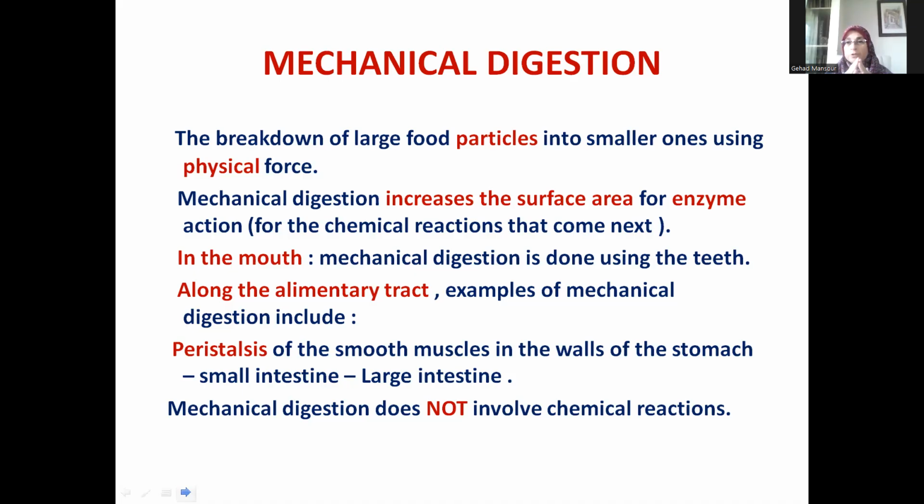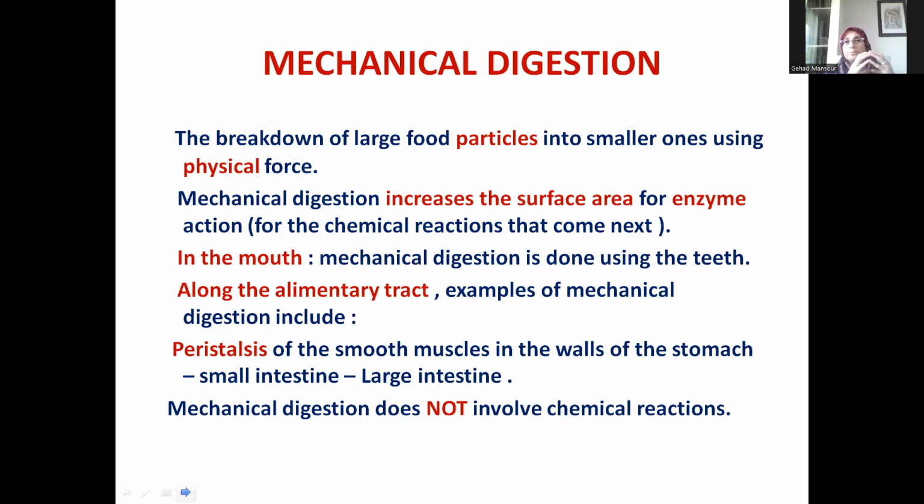Why do we want to increase the surface area? To allow penetration of enzymes. And why do we want to allow penetration of enzymes? To facilitate the function of enzymes, to facilitate chemical digestion and hydrolysis. But the mouth is not the only place when we have mechanical digestion. We also have peristalsis. Actually, as we said before, peristalsis is present all down the alimentary tract, but it is most